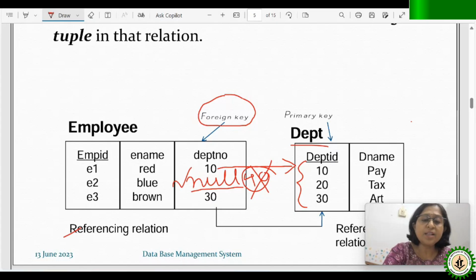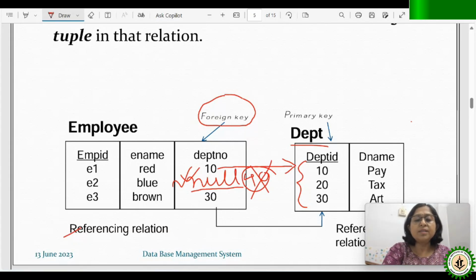But we can easily do this. At this point of time, we don't know the value. So we can put null. And we have discussed null value: we should apply it either for an unknown value or an inapplicable case. So in this case, it is a case of unknown. At that point it is not decided. Okay. So here it is not blank. I'm again saying we cannot put blank. Blank also has a meaning to the system. It also has an ASCII value. So blank is blank, but blank is not null. Okay. So we are putting null.